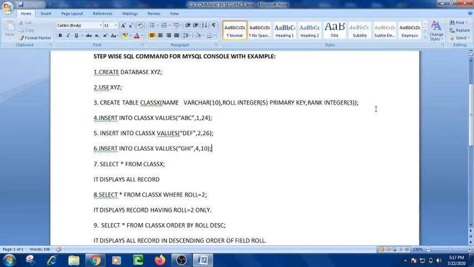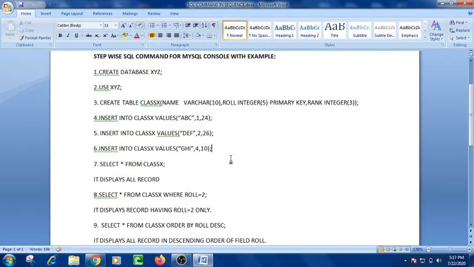Now after doing this, I have to see the table. I want to see the table and its records. For this purpose I will use the command select with the asterisk sign. Asterisk sign means all records.